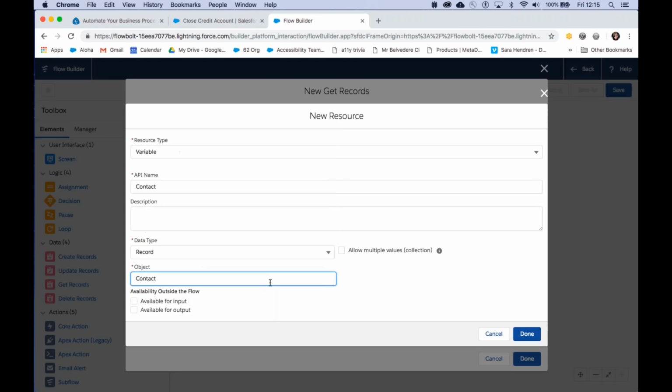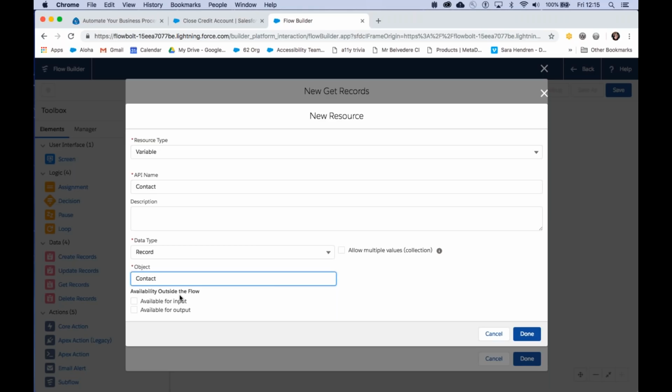We're going to get the contact object. And these are the input and output type options that you used to have in Cloudflow Designer, which indicated whether the data would only be used within the flow or could be used externally, perhaps if you were passing in URLs or variables through the URL.